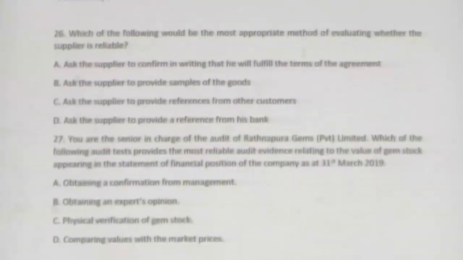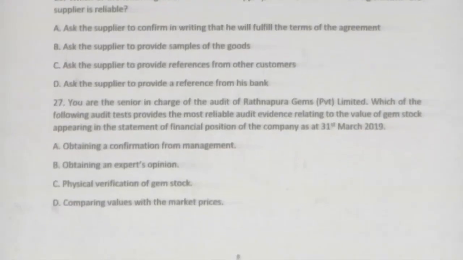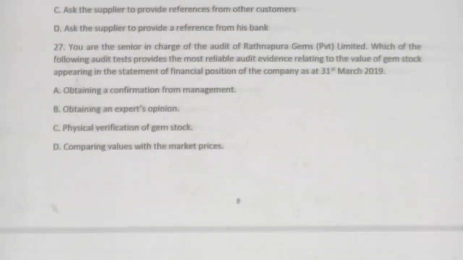Then if I go to other questions, I think we answered all these questions. And this question number 27, the GEM company. What is the assertion? Which of the following audit tests provide more reliable evidence regarding GEM valuation in the balance sheet? Our assertion is valuation. So see, GEM is not an easy subject. Earlier I mentioned electronic items. How do we know GEM is properly valued? What is the most appropriate evidence?